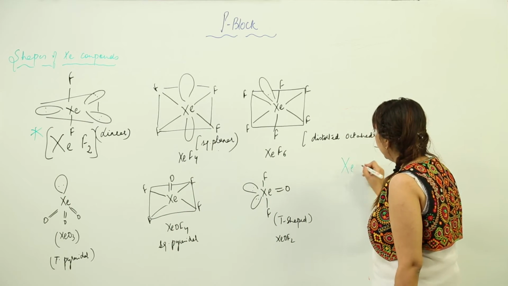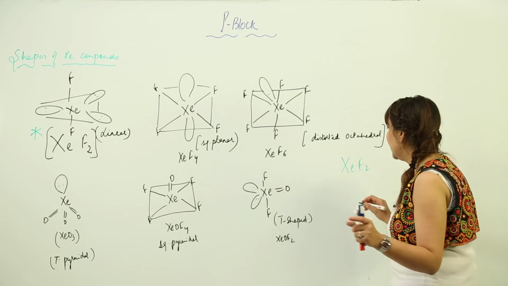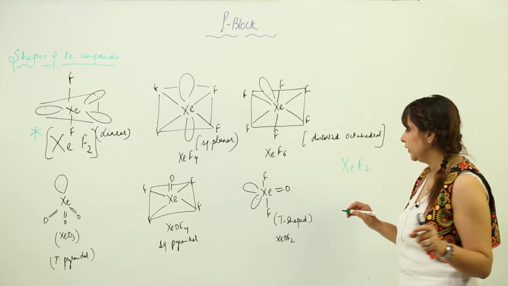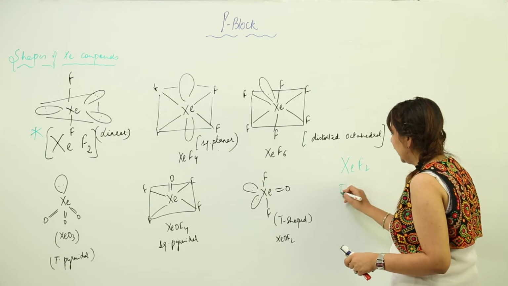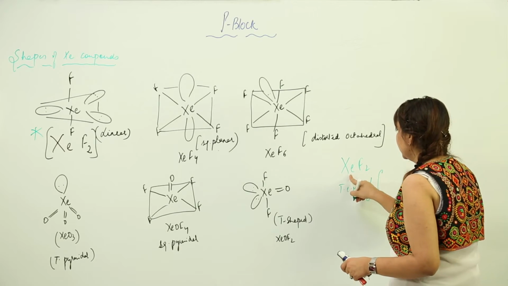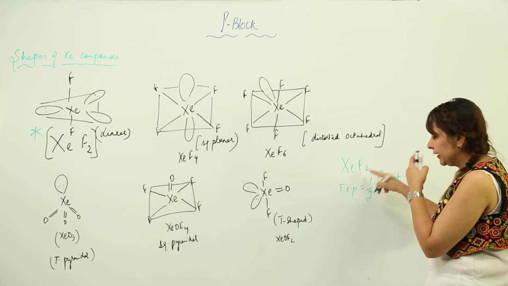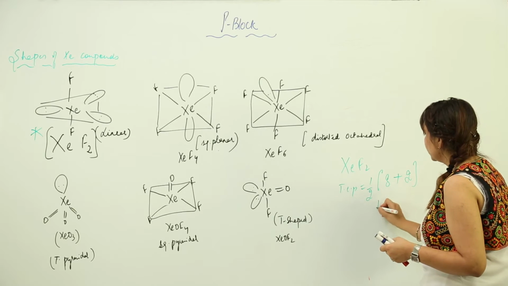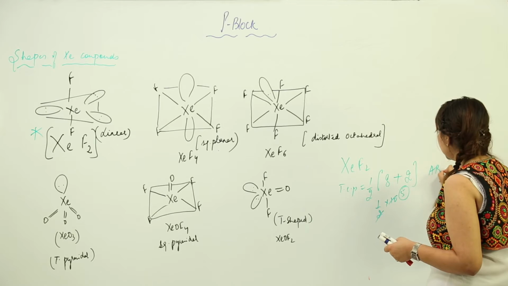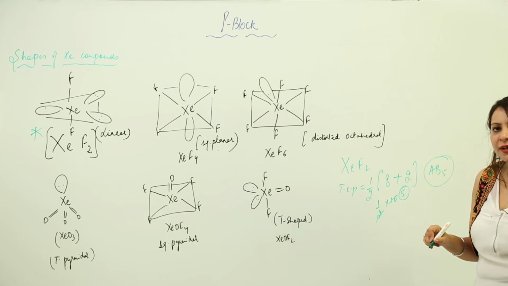We know that if we need to predict the shape, there is a formula for predicting the shapes on the basis of VSEPR theory, that gives you bond pairs and lone pairs. So, I am just going to calculate total electron pairs. Half into valence electrons of my central atom, 8, plus number of atoms it surrounds, 2, so it becomes 5,